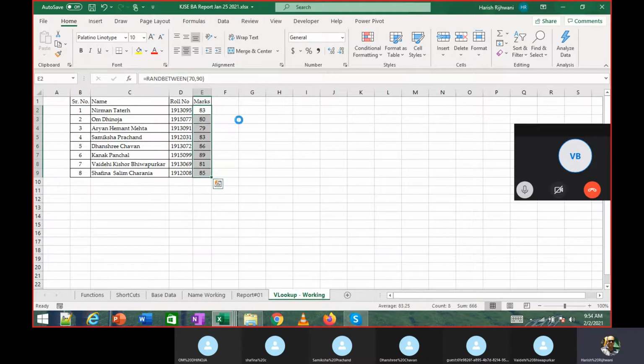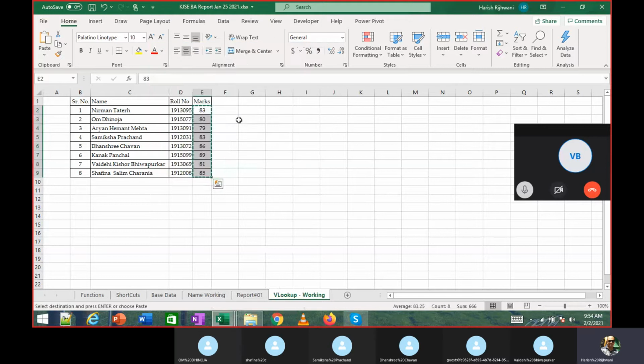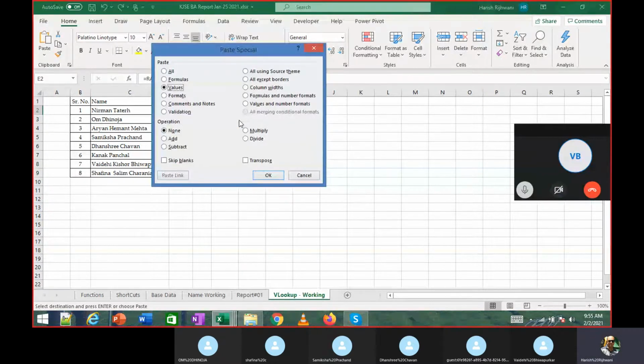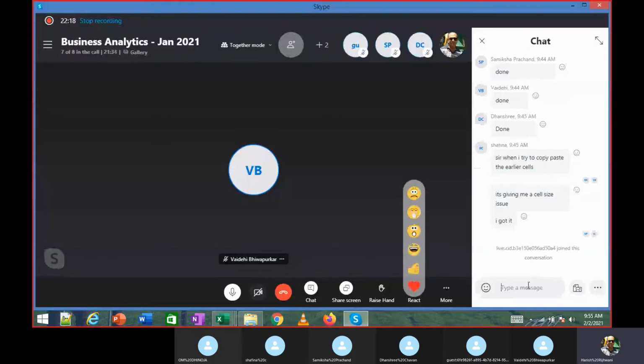So what we should do is a paste special. I copied the same values and do a paste special in terms of values. So now the formula is gone and I just have this table. Let's see if I can paste it over here.